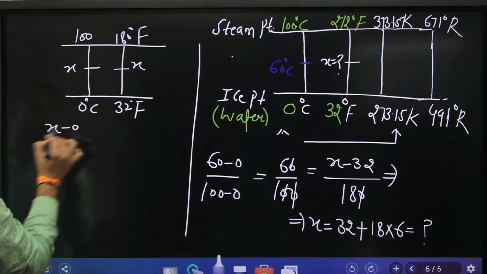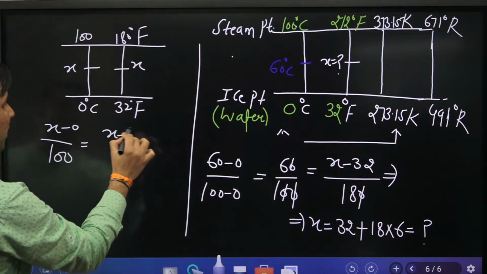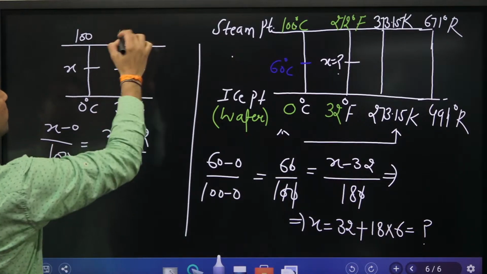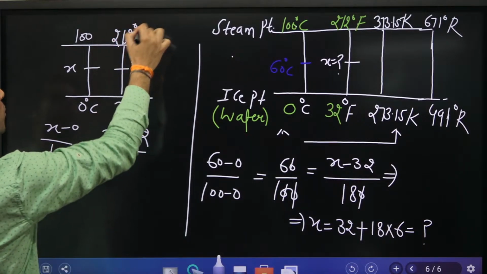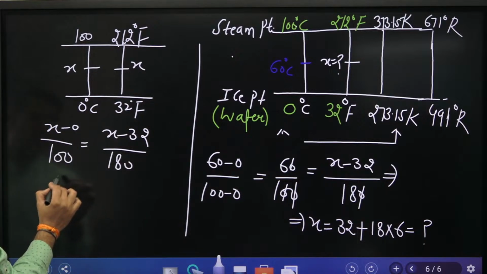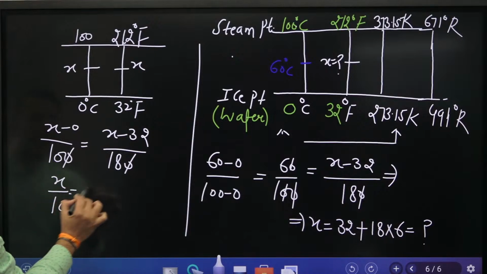Write here x minus 0, total length 100 minus 0 is 100. Right here also x minus 32 divided by 180, that is 212 minus 32. What will you get, guys? 180. So if you solve this, you will get x by 10 equal to x